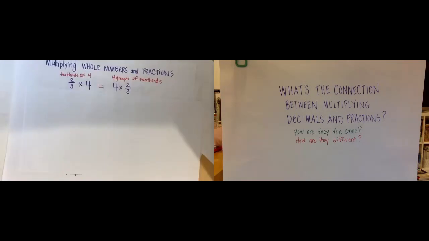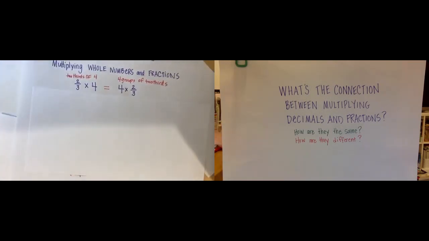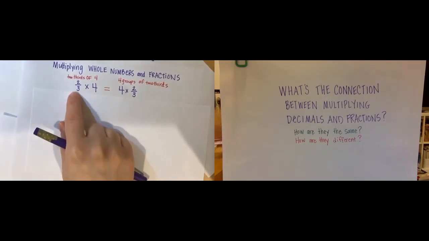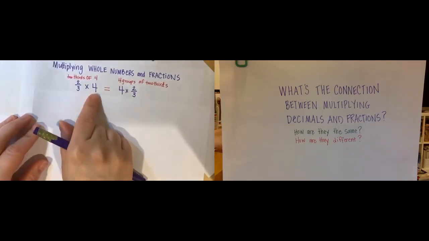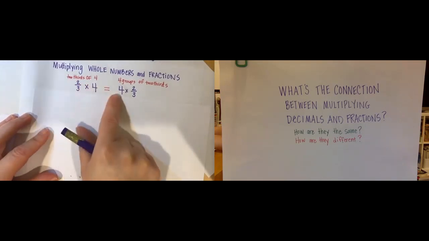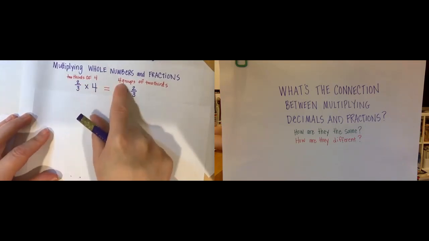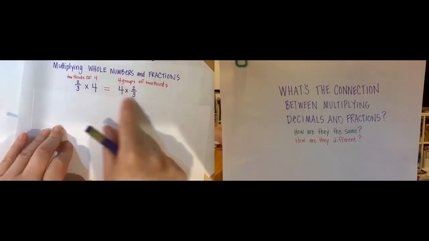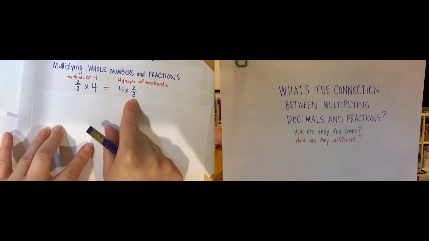So just say we wanted to think about an expression like 2/3 of 4. When we see 2/3 times 4, it means 2/3 of 4. And when we see 4 times 2/3, it means 4 groups of 2/3. So this is the commutative property being modeled right here. We say these in a different way, and that kind of helps us think about